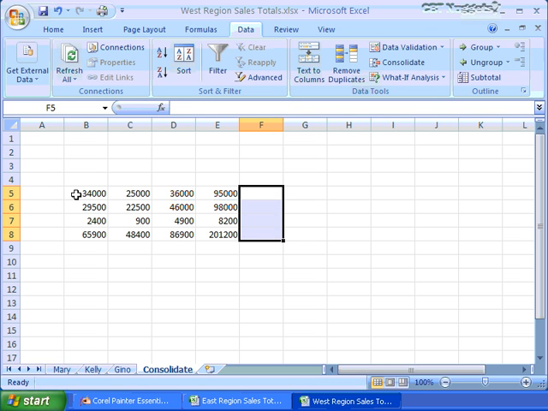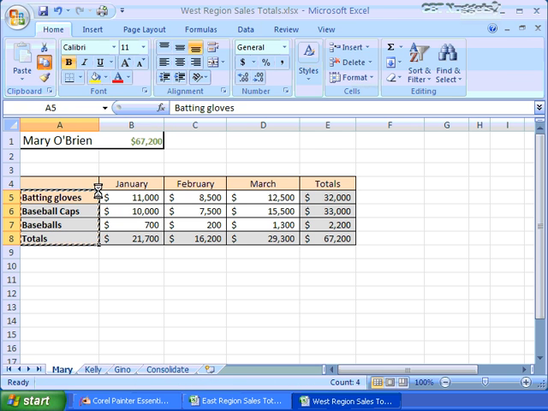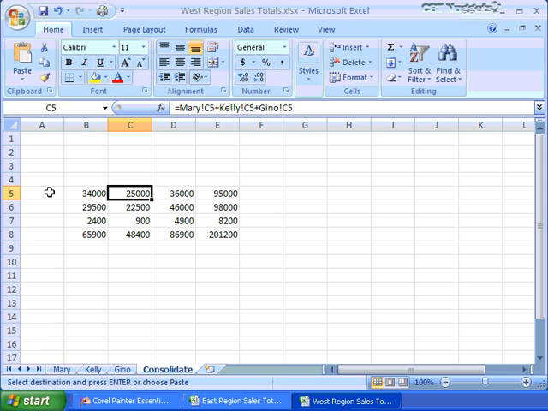So with this relative reference, when I select cell C5, it says, okay, I know you still want Mary, but you want it over a column to C5, and Kelly at C5, and Gino at C5. So I have all this information. And I could just copy this information back to home, copy, back to consolidate, paste it,